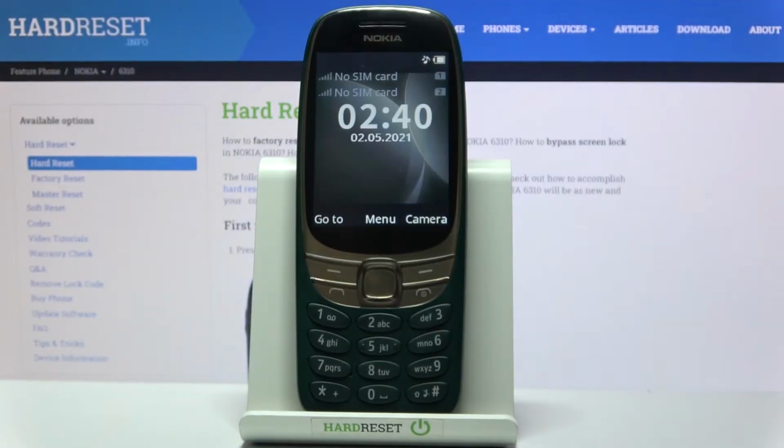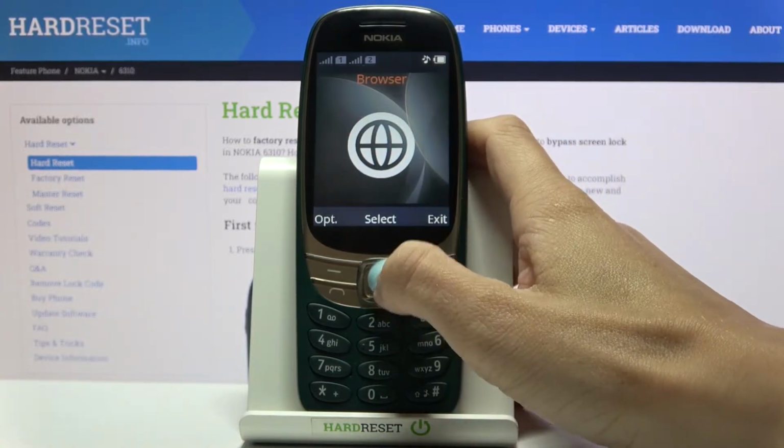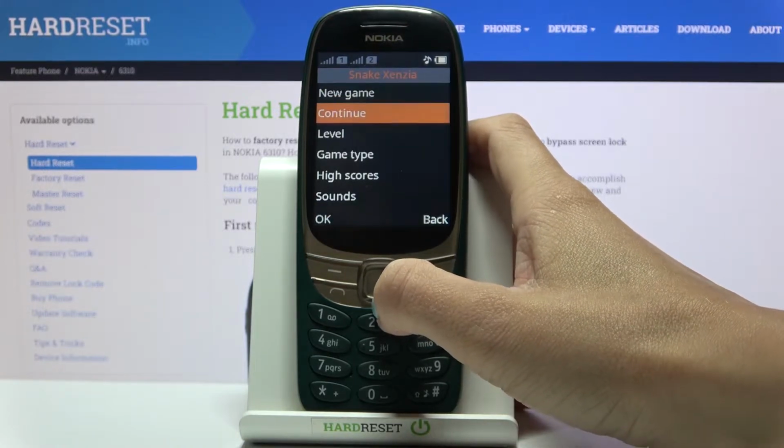Here we've got Nokia 6310 from 2021, and let me show you how to reach and activate Snake game. So first of all, you need to open the menu panel and smoothly slide up or down. It actually doesn't matter. And then pick Snake, and you can either select new game, you can continue the last